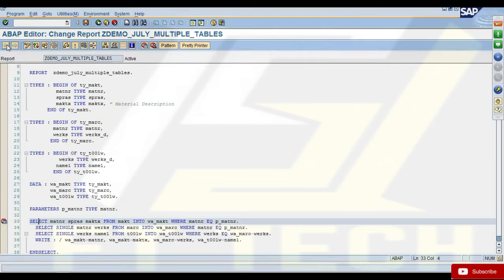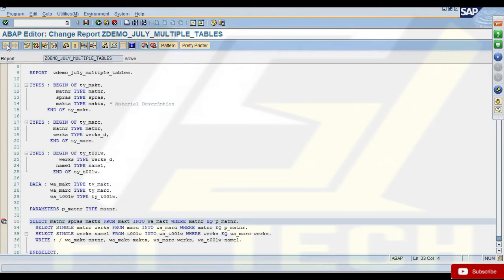In this case, the major data we want to print is plant details. For every material I print, I want its description, and for every plant I print, I want its description. So material description and plant description are secondary information, but the major information is material and plant details.